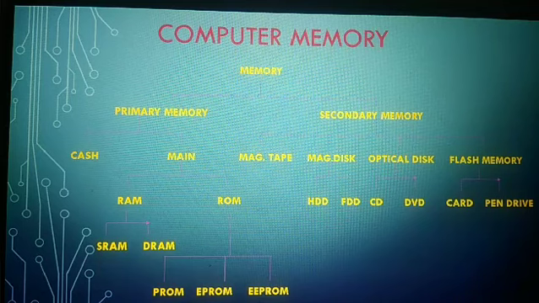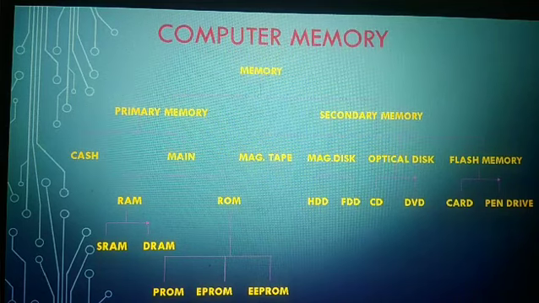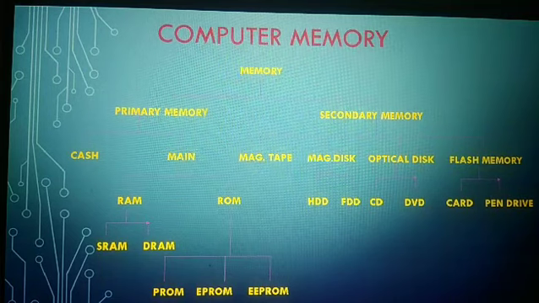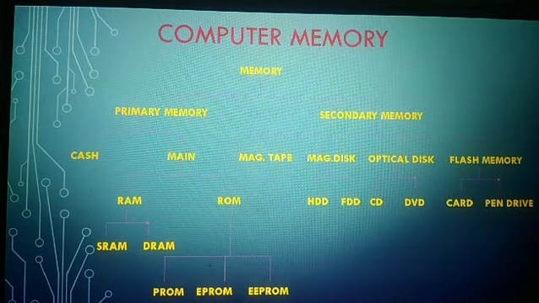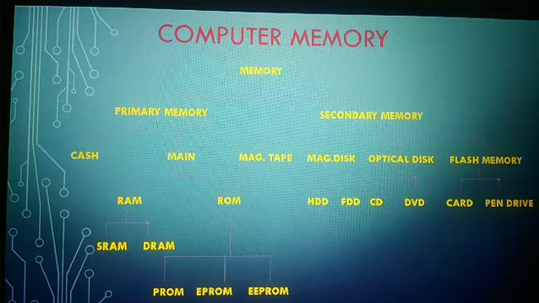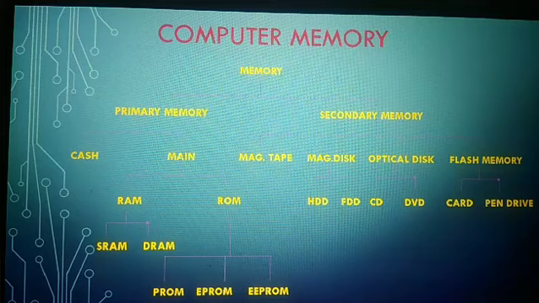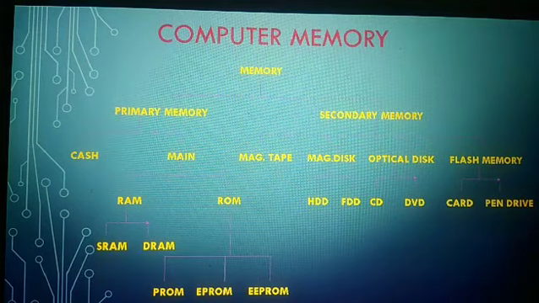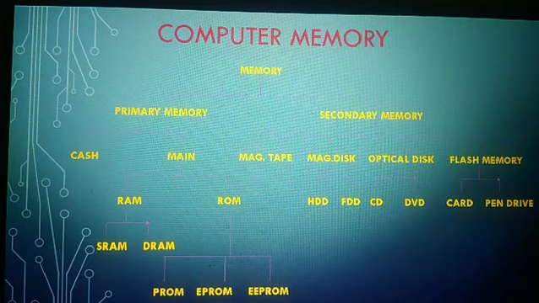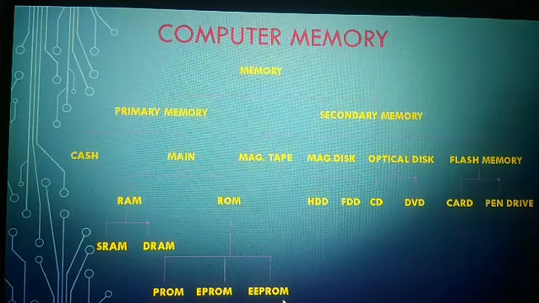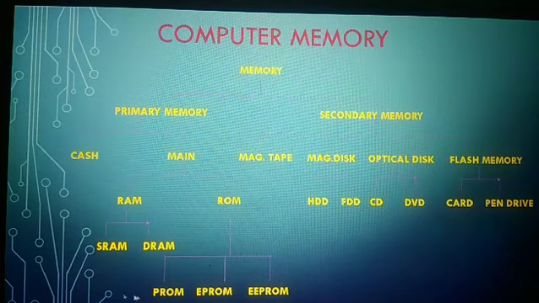So what is the use of ROM? It comes in the form of a chip, and the manufacturer stores a program, and what will this program do? This program will check the components of the computer and then permit loading the operating system. Now further we divided ROM into three types: PROM, EPROM and EEPROM.